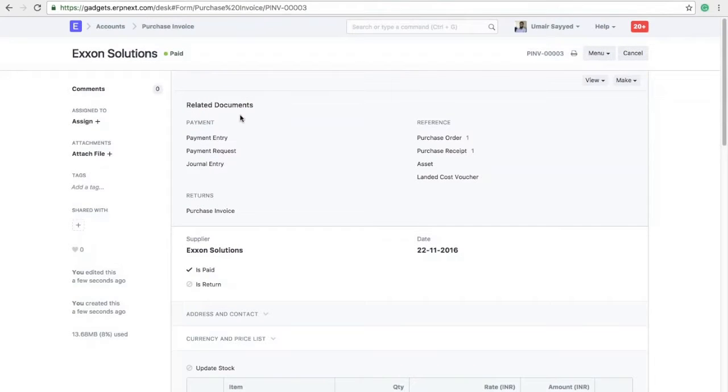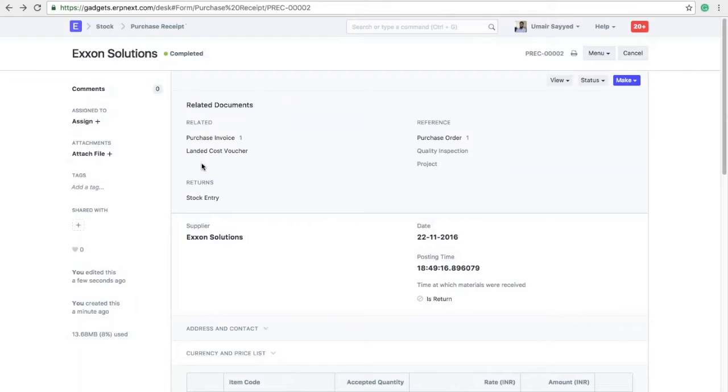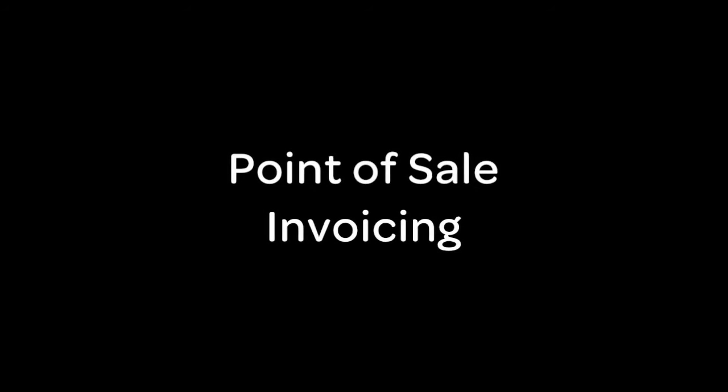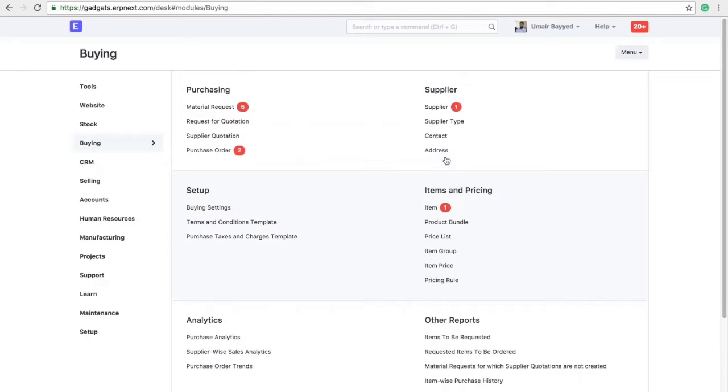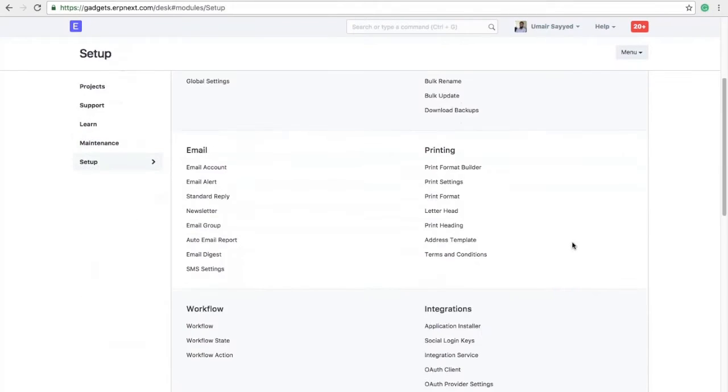So this is the purchase side. Now let's quickly jump to the sales side. The main motto and topic of this webinar: how do we manage point of sale transactions in ERPNext? So in here we can go to